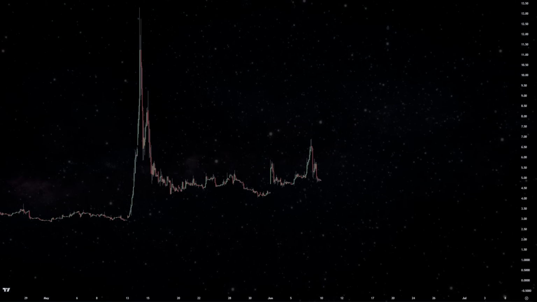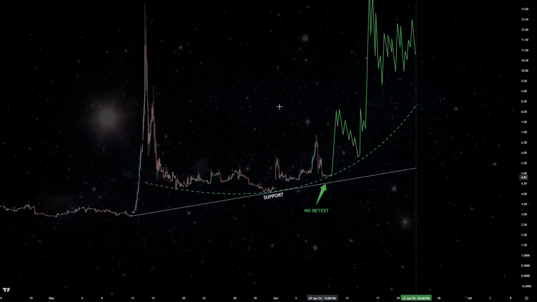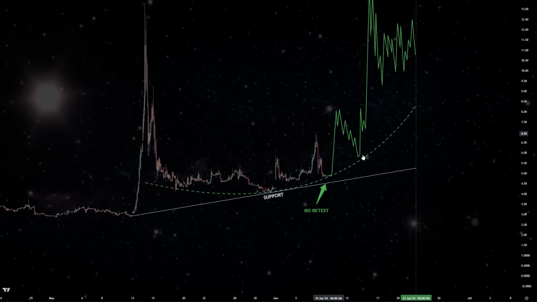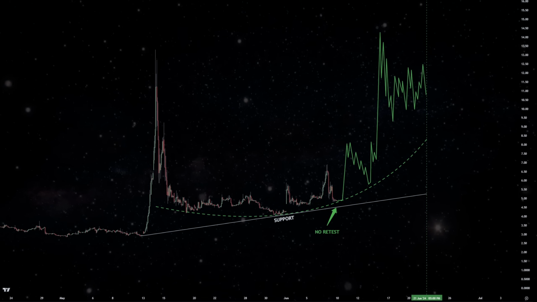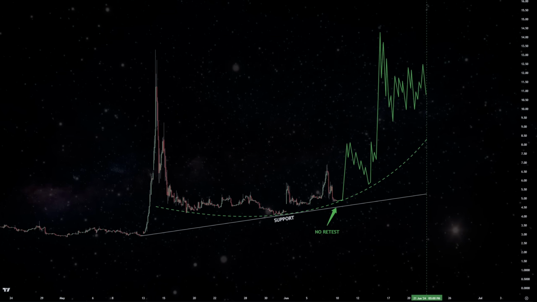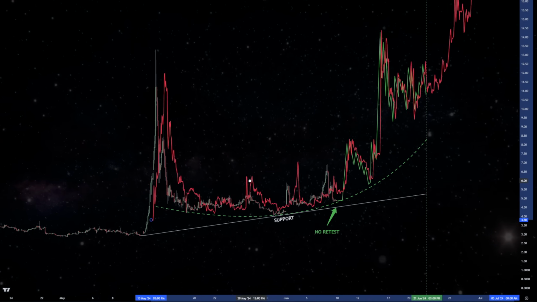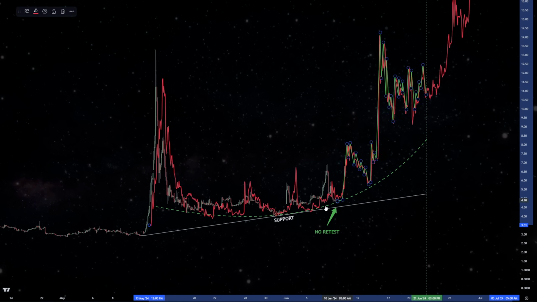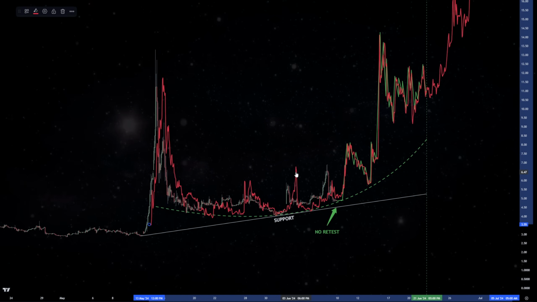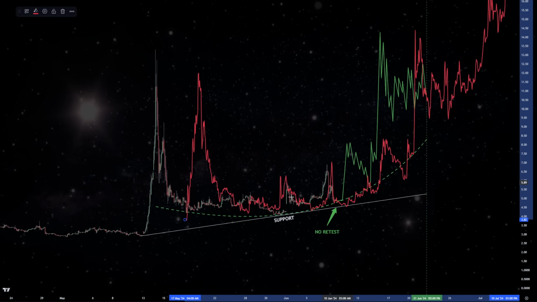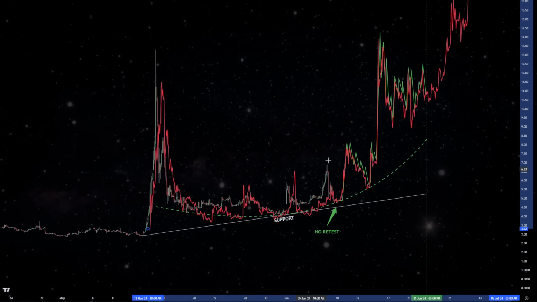Now, the second one's a little bit different. It's actually pretty much the opposite in terms of how it goes up. This one has no retest, and this is how I'm going to track it this week. This one's also a lot quicker in the way that it climbs up. Now, if you take a look at the pattern that we pulled up here, this is actually taken from this one. This is going to be the red pattern here. You can see that this is how the target and projection was made based on the levels that have already been hit and the projector pattern that we're currently in right now, where it just comes up, climbs back down. There's just a lot of volatility that we're experiencing.